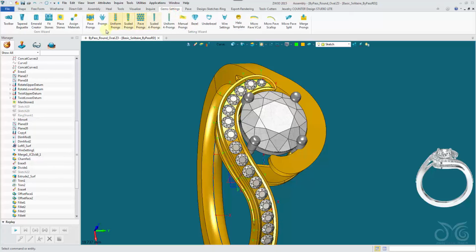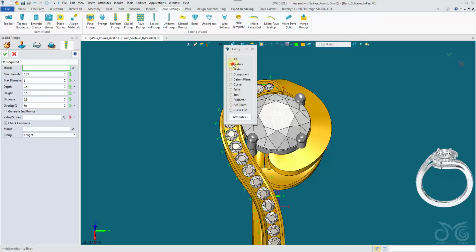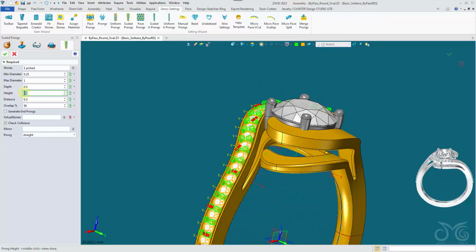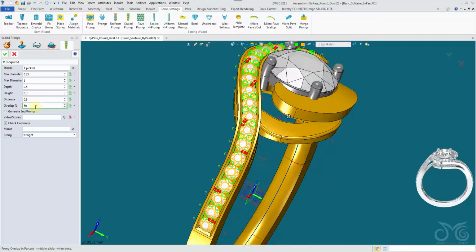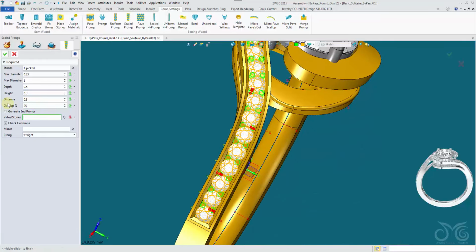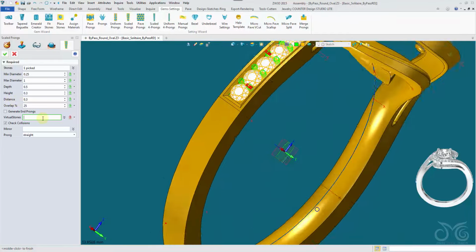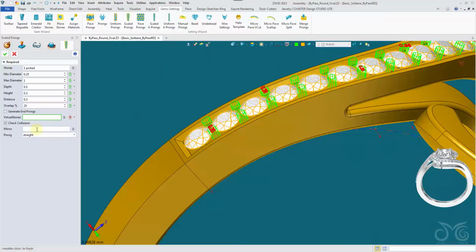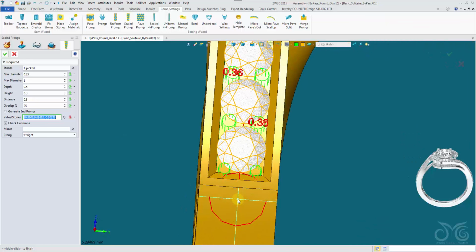Come in with some prongs, scaled prongs for our scaled stones. Pick the feature. I'll drop my height down 0.3. We're going to be rendering this. Overlap, I like to drop this down 25. Okay, these prongs are for rendering, so we're taking away a lot of material so that we can see our stones in the rendering. Obviously for manufacture you want to leave additional material and a greater overlap. Let's come in with some virtual stones